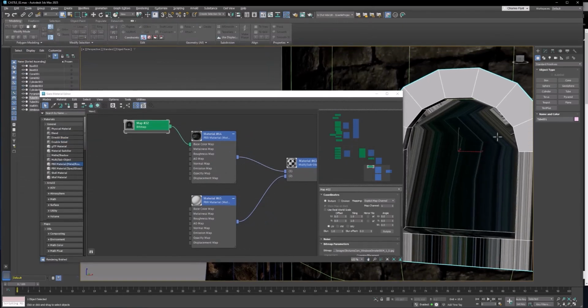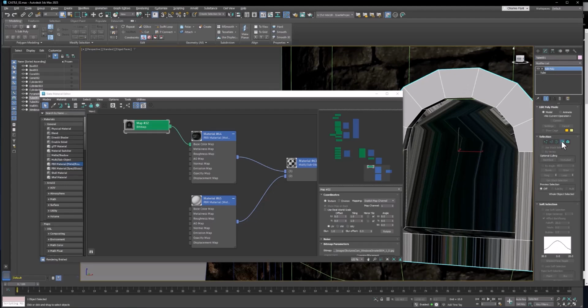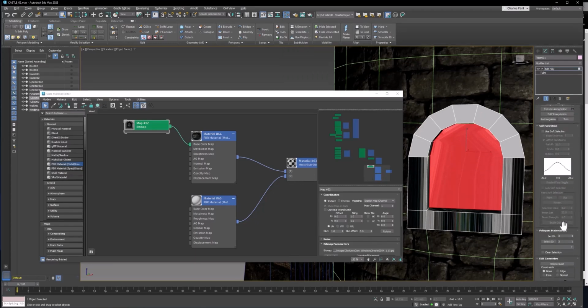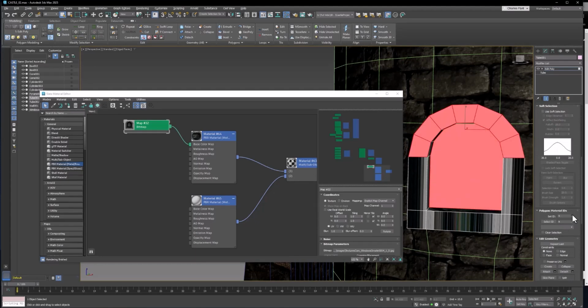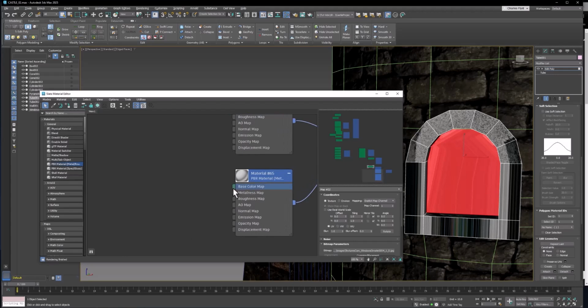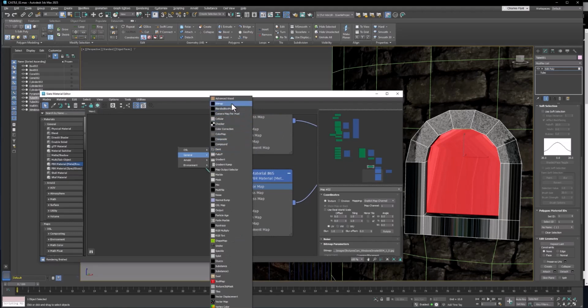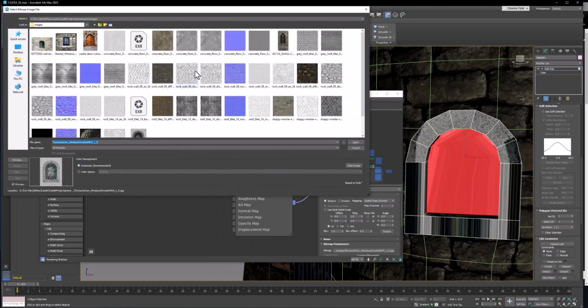So what we need to do is go to the Modify tab and select Polygon Mode and select this polygon here and make sure that is material channel number 1. And then for this material, I'm going to drag off of here, select General Bitmap, and we're going to use a concrete material that I've downloaded here, and you have the same thing in your D drive if you want it. It's a concrete floor,